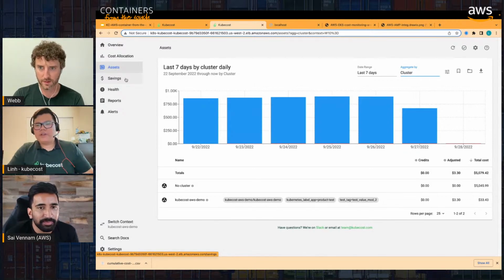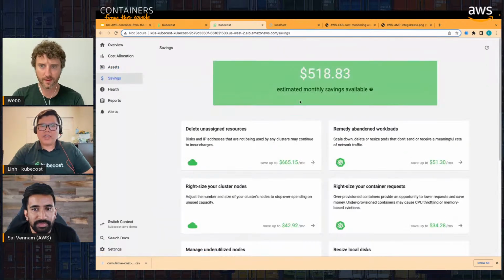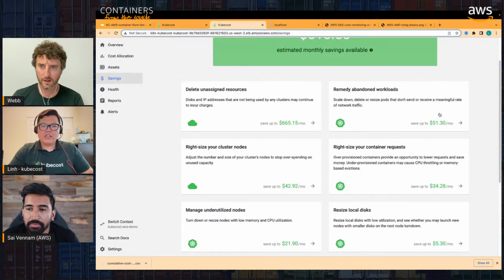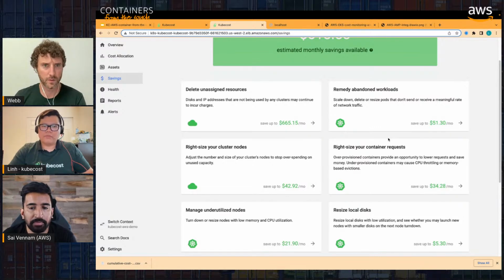Yeah, we give different savings recommendations for different things for your Kubernetes clusters. So on the Kubecost UI, you can discover a view here, and it gives you the total estimated cost that you can save by applying the recommendations. So one of the things that I just showed you earlier is right-sizing your container requests, and Kubecost also gives you different insights or recommendations for different things to save the cost for you as well, like